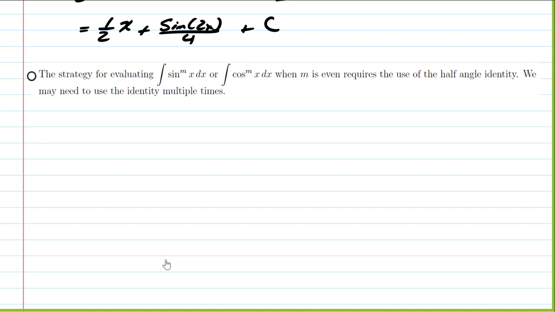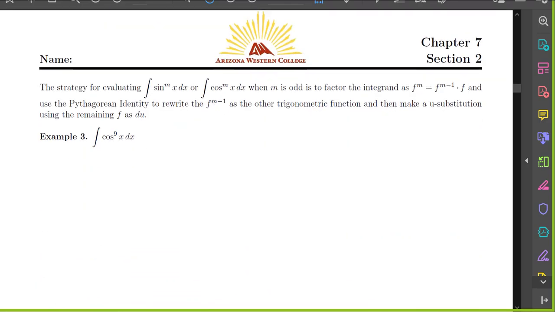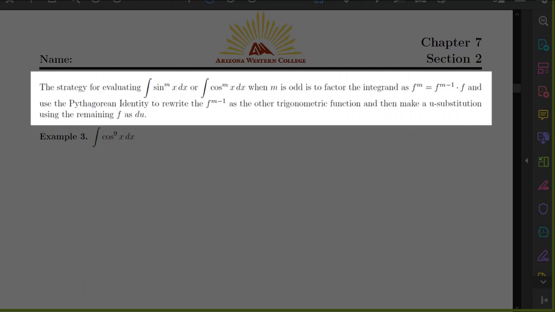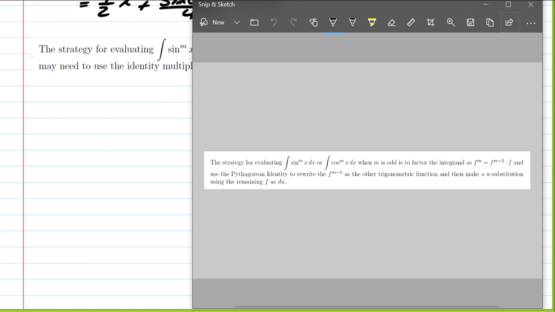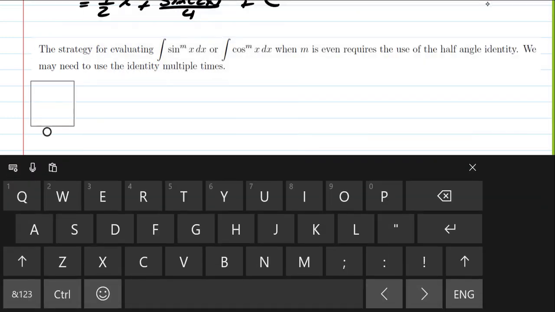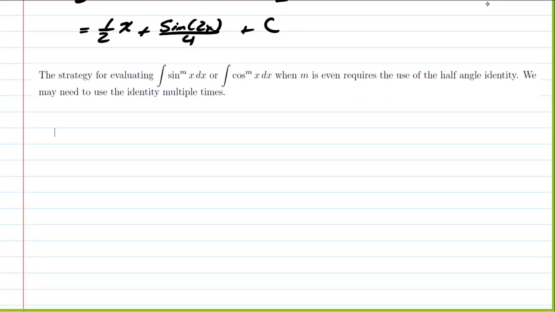All right. So now we want to switch to a new type of trigonometric integral. So this time we are going to have sine and cosine, and the other function, sine or cosine, may or may not be present. But if one of them has an odd power, it turns out that the integrals are actually a little bit easier. So if you have an odd power of sine in it or an odd power of cosine,